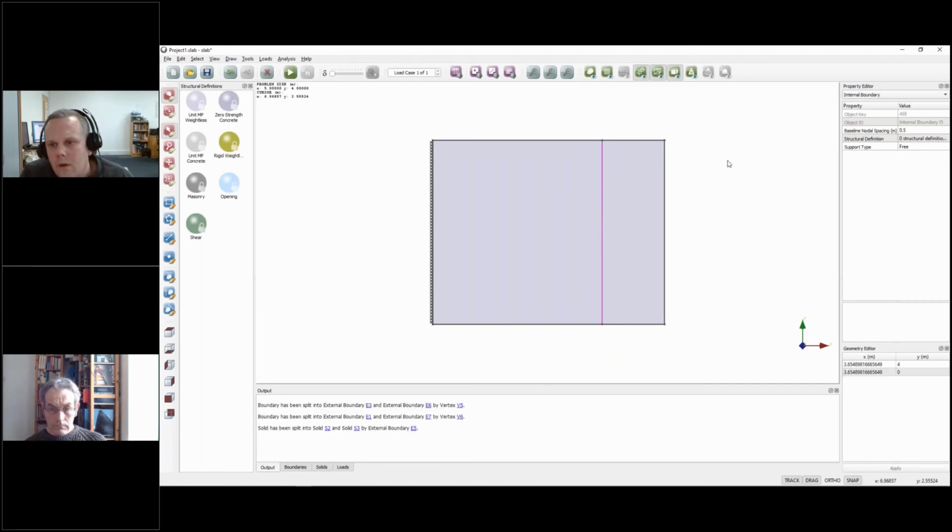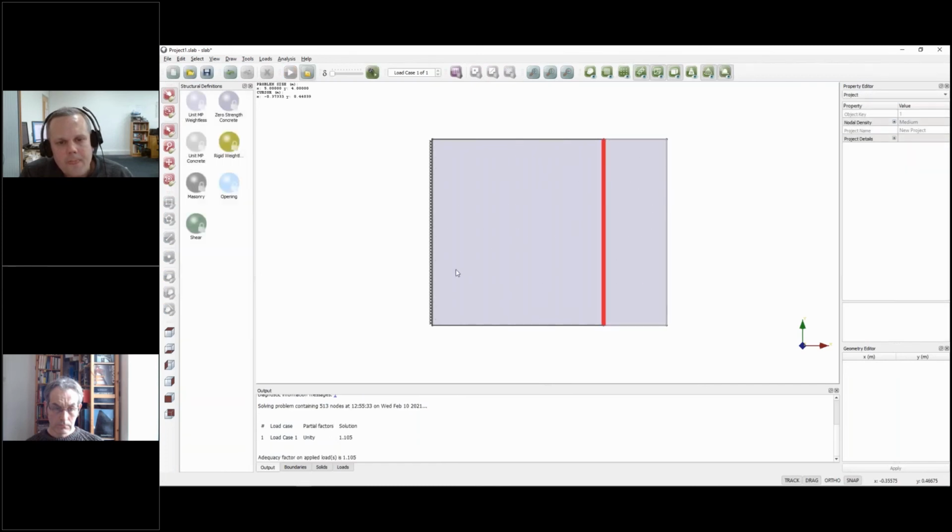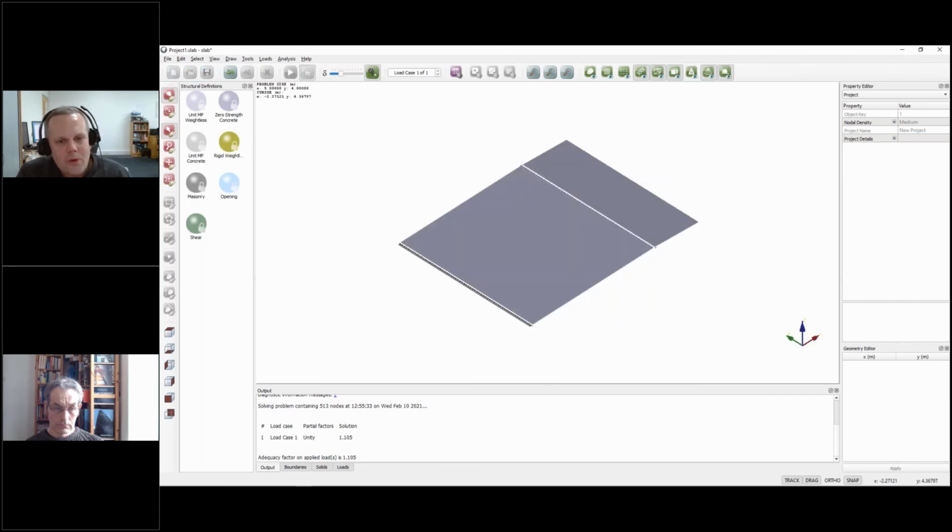how to do it. So I can select, I've drawn a boundary in, and if I select that, and then I can set the support type to knife edge. Now we have essentially a continuous slab going over the top of this knife edge. And if I press go, as you may expect, the yield line there is actually over that support,